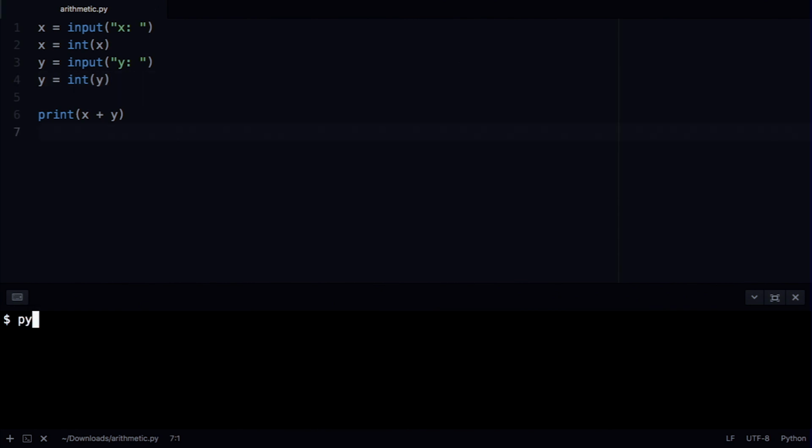Let's go ahead now and rerun this file as python arithmetic.py, inputting again 1, inputting again 2, and lastly hitting enter. And this time we have 3. Unfortunately, we've paid a bit of a price, albeit just a matter of style. I seem to have increased the length of this program from just 3 lines to 5 just to fix a